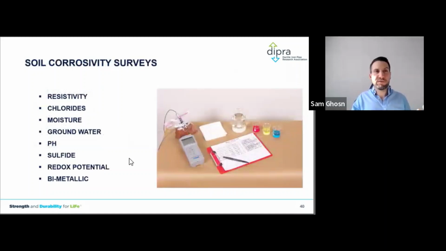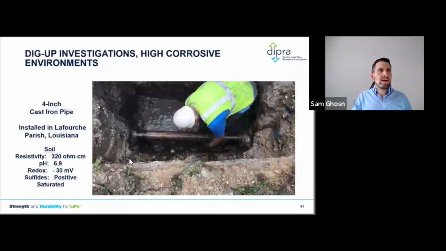Soil corrosivity surveys, like I said, give you an evaluation of the area in terms of how corrosive that soil is to iron, and based on that, we could estimate what's going on with that water main. We could actually not just estimate. This would indicate the possible status of that water main. This is one of the oldest installations.